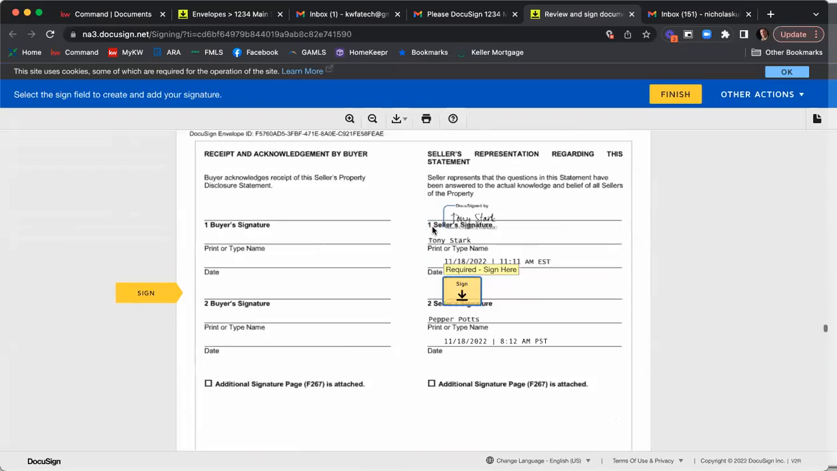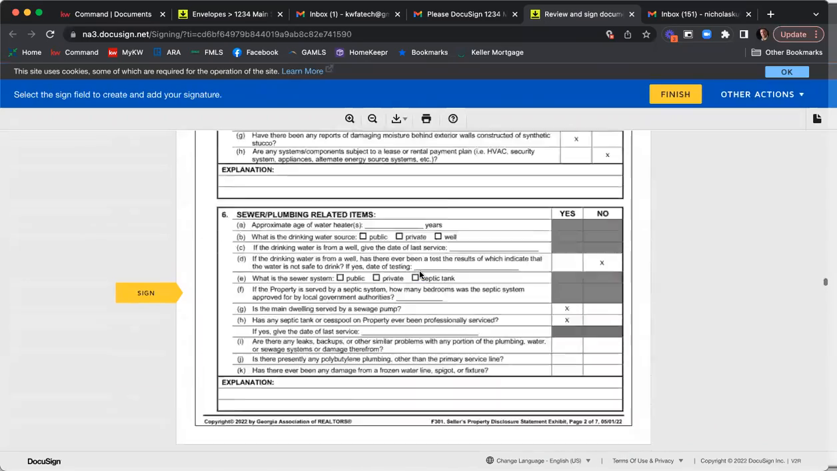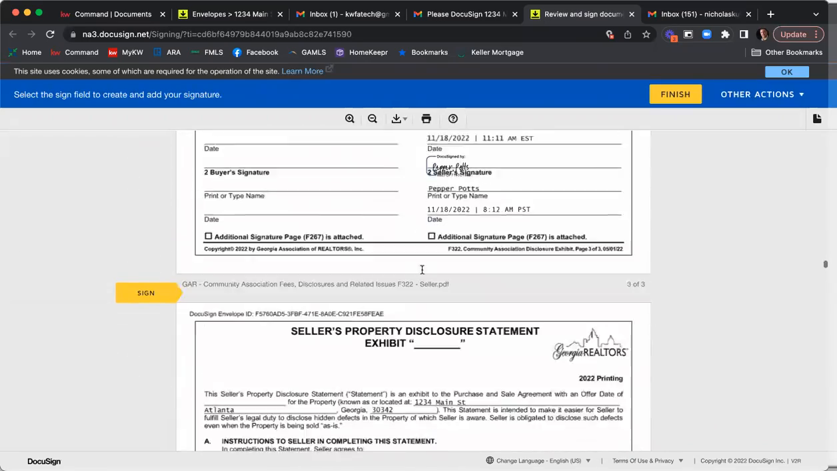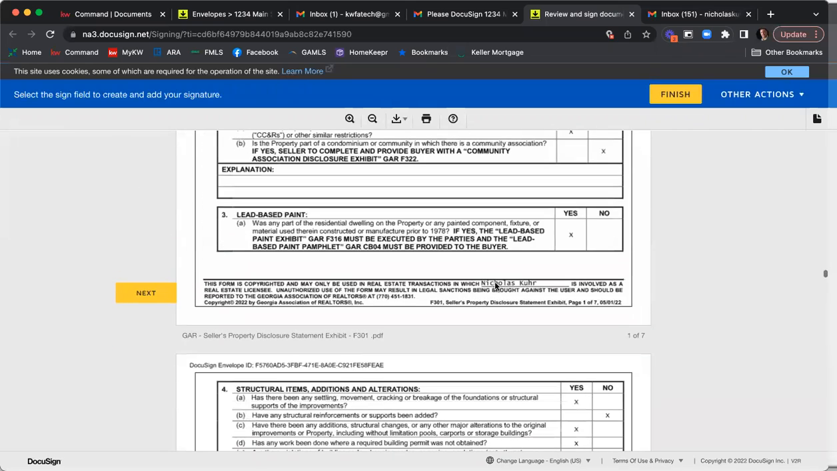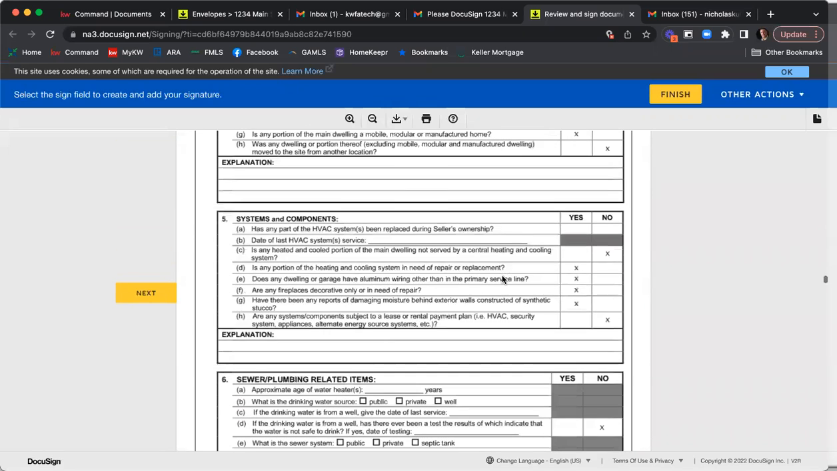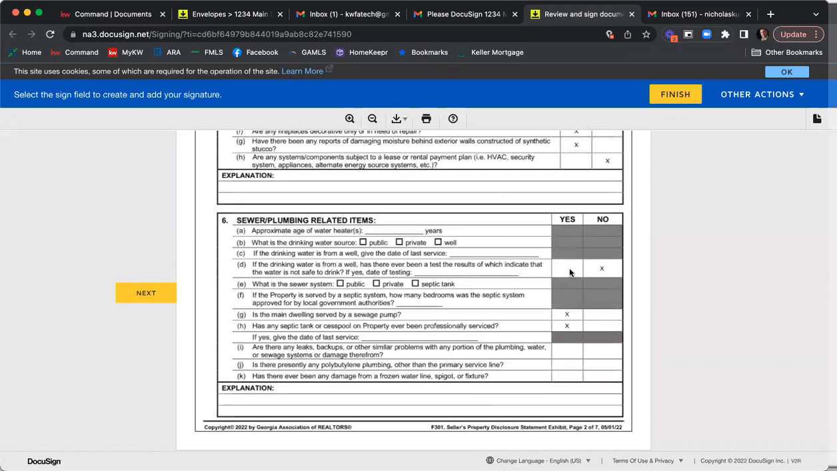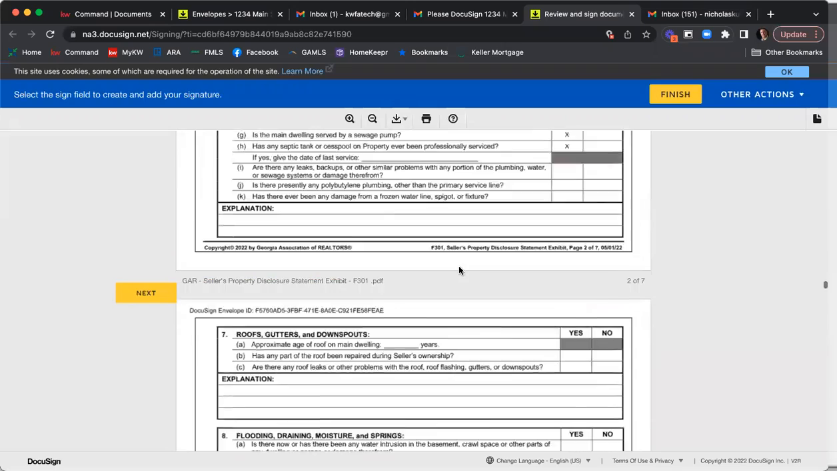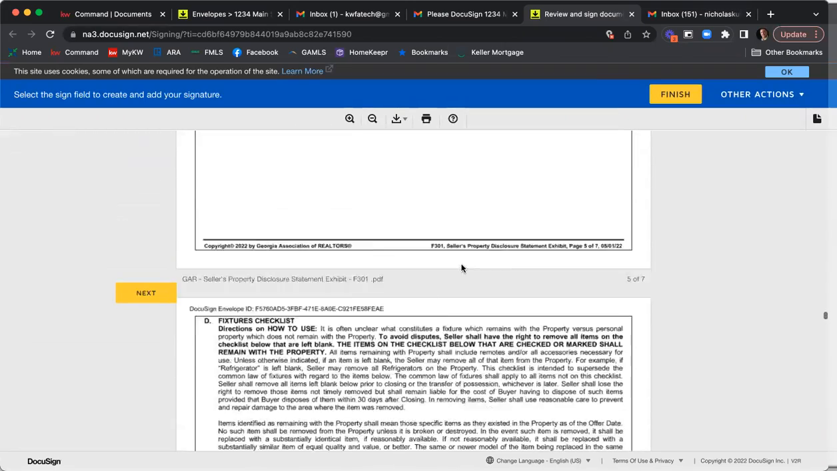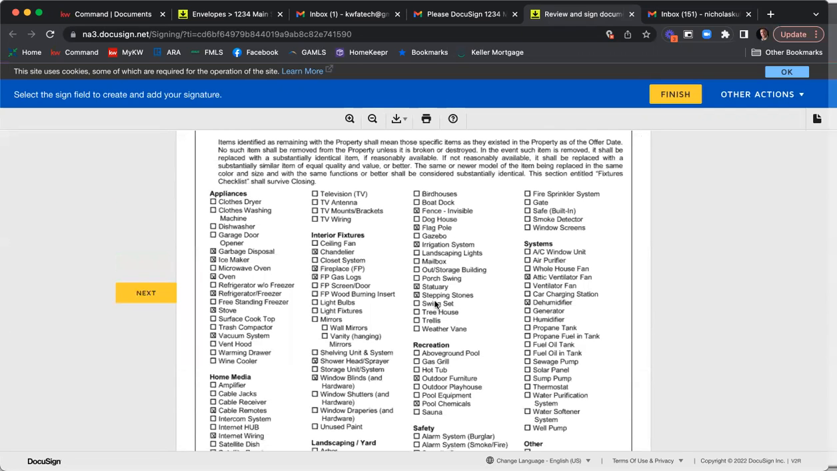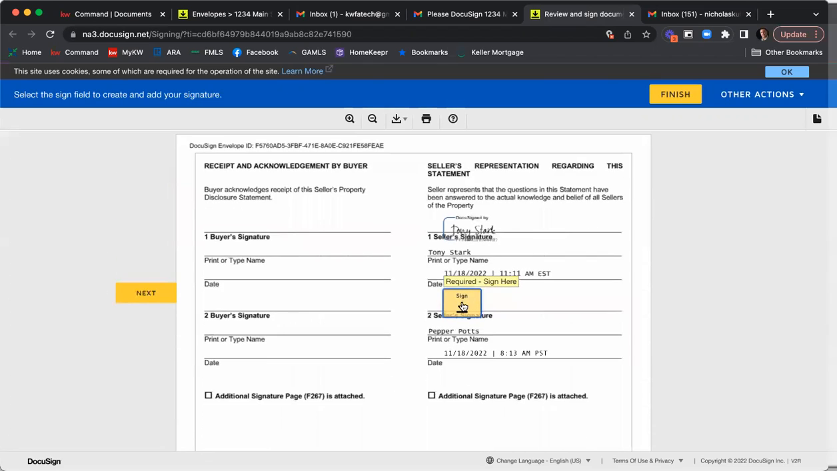Pepper will sign. Again, I'm going to scroll back up to the seller's property disclosure. So that way Pepper can go through and double check and make sure that the information that Tony filled in is correct. Your clients are responsible for any of the information that they put on any of these disclosures. So scroll down. So Pepper can say, okay, perfect. We are leaving the stepping stones and we are leaving the fireplace and the ice maker. Good to go. Pepper can sign,